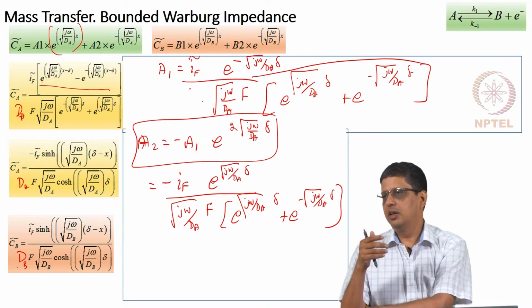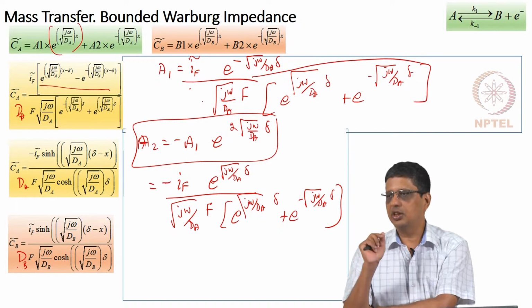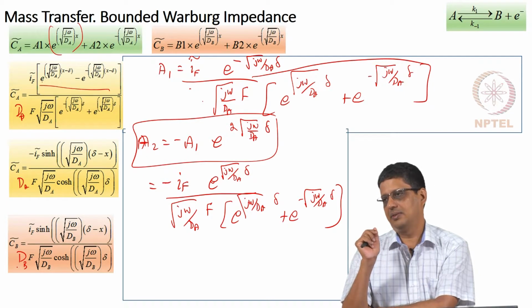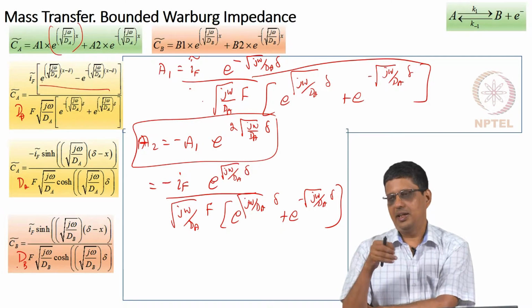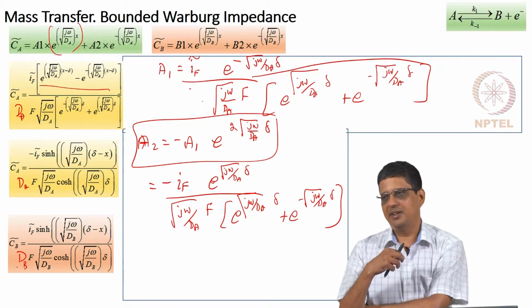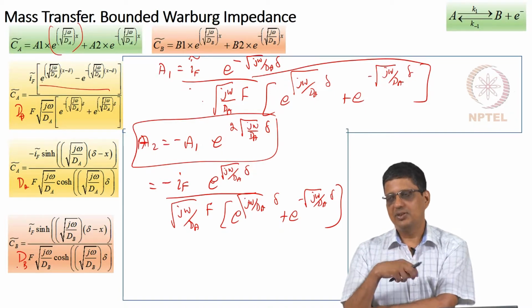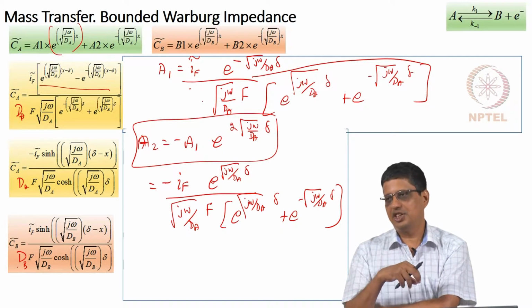regardless of the location in space, you can't always say that. But for a binary system, we say that DAB is equal to DBA. That's what we have proved in mass transfer, if we have a binary system. Here it's a mixture. You are talking about two gases, so it is just the diffusivity of A in this mixture and the diffusivity of B in this mixture.